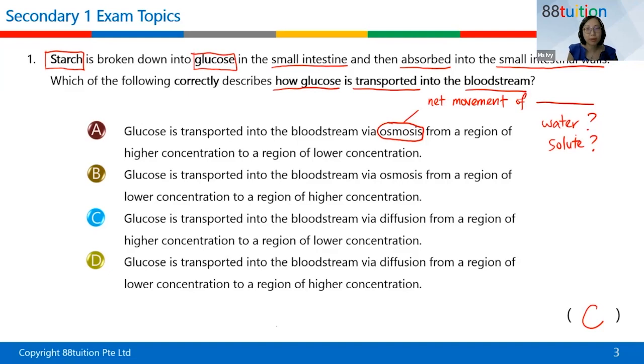All right, so net movement of water or net movement of solute? Can everybody type in the chat? What is osmosis? Can everybody type in your chat, please, quickly? Just don't guess, not sure, just type not sure. So I'm asking this. So osmosis is net movement of what? Is it net movement of water or is it net movement of solute? Okay, thank you, Chloe. Chloe, at least you put a question mark. I know you're not 100% sure, but at least you tried. Thank you, Chloe. The rest, net movement of what?